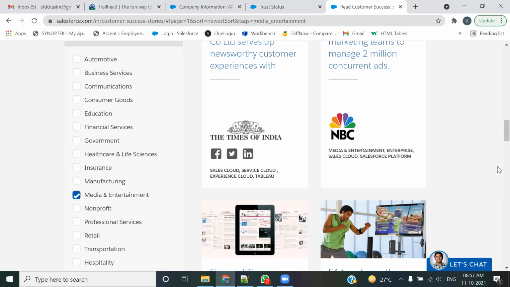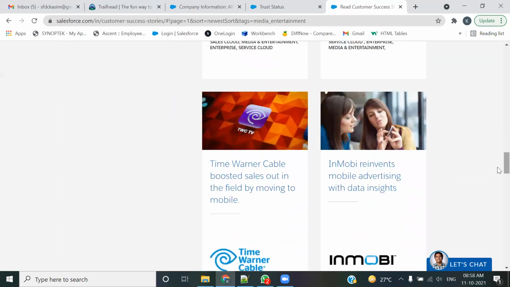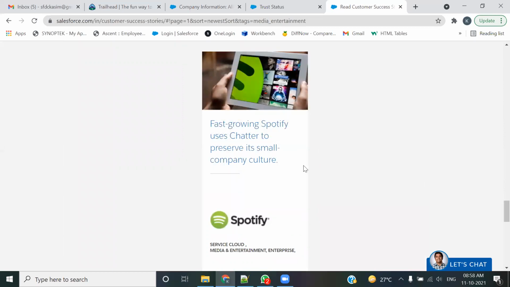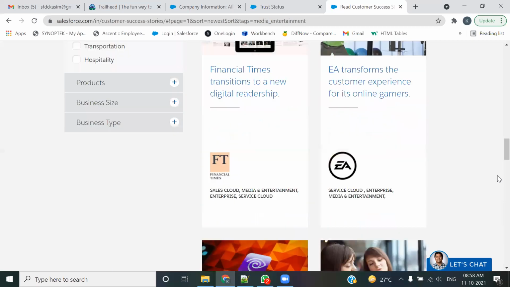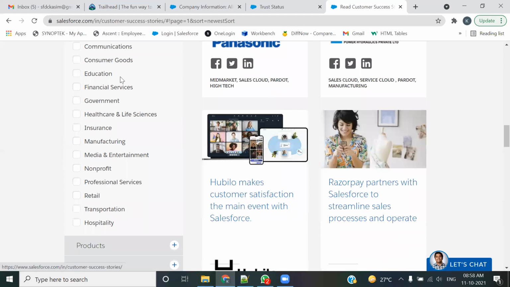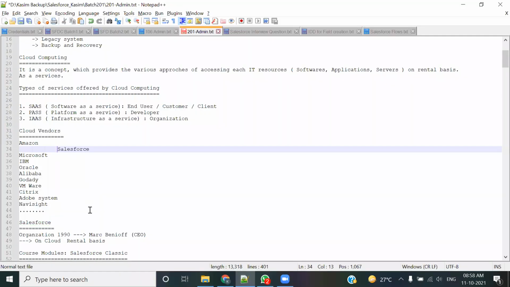Times of India is using the Sales Cloud and Service Cloud, and the Experience Cloud also. I mean, they are using Salesforce. NBC is using Salesforce. Who else? I don't know about this FT and the Timer, but probably these are some of the good organizations. Spotify, yes, you must have heard of it; Spotify is an app on mobile today, and they are also using Salesforce. So somewhere you must have realized that Salesforce has so many clients, so many customers, and so many areas of business where Salesforce applies. Salesforce is almost everywhere. For every kind of business, whatever your requirement is, Salesforce has a solution for that. So this is the reason why Salesforce is standing ahead in this line, why Salesforce is identified to be one of the distinguished cloud vendors.